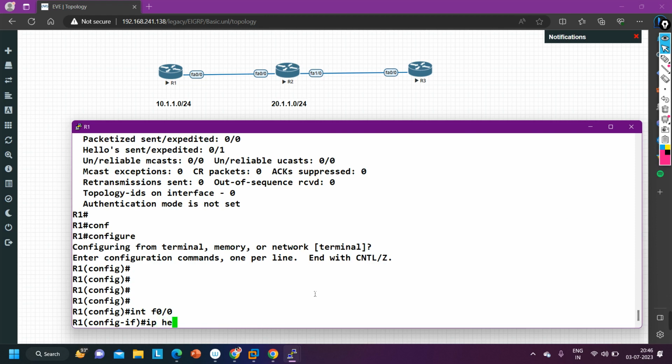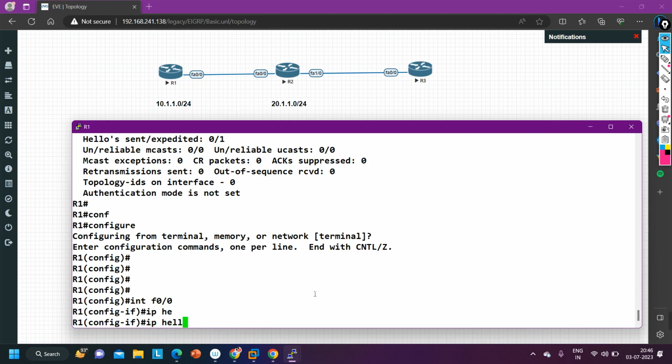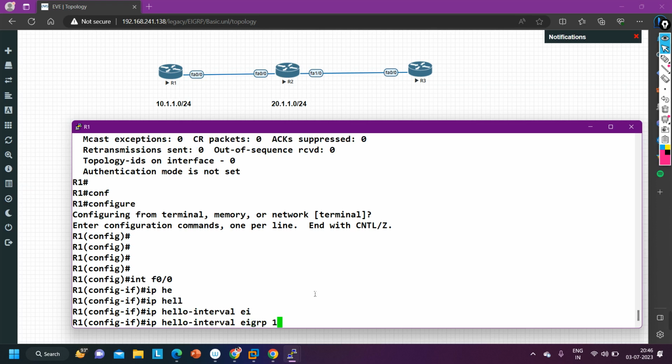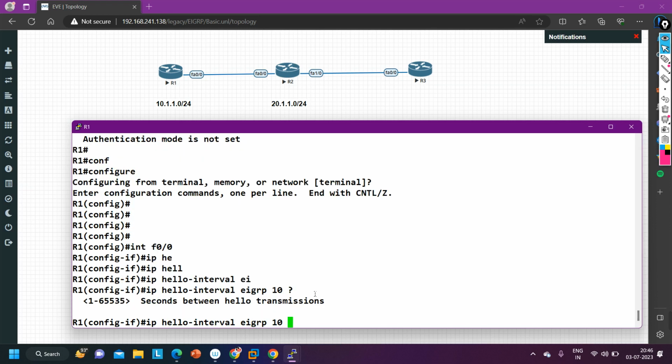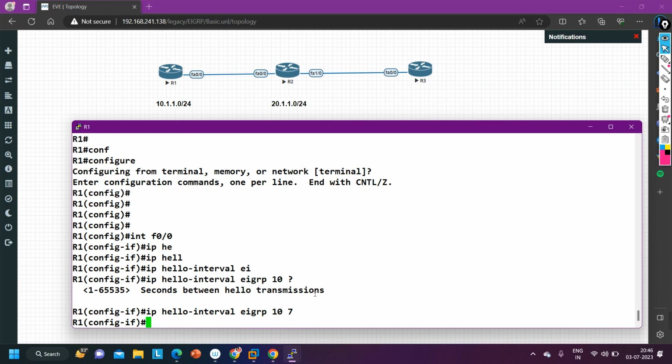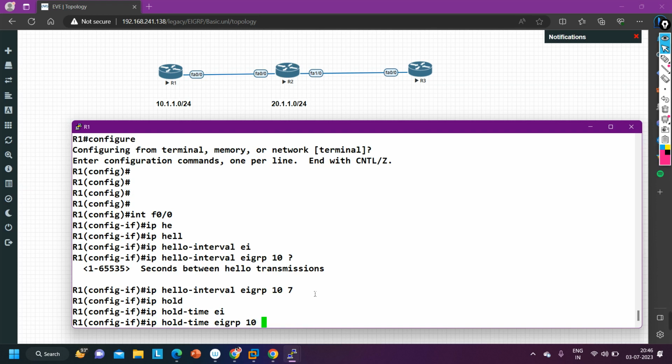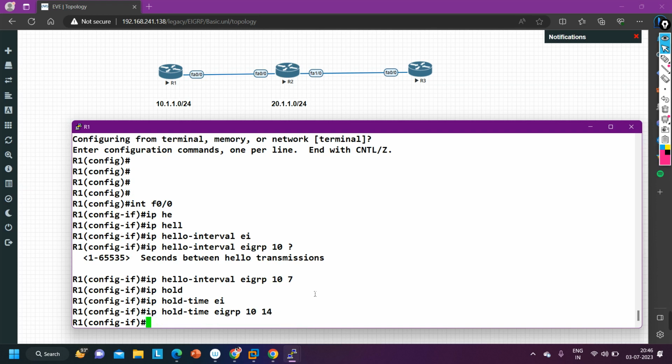Let's say on interface 0/0 I want to change hello time and hold time. So what command will I run here? IP hello-interval EIGRP number 10, and after that the time. Let's say 7 seconds I want to set, and hold time: IP hold-time EIGRP number 10, 14 seconds.